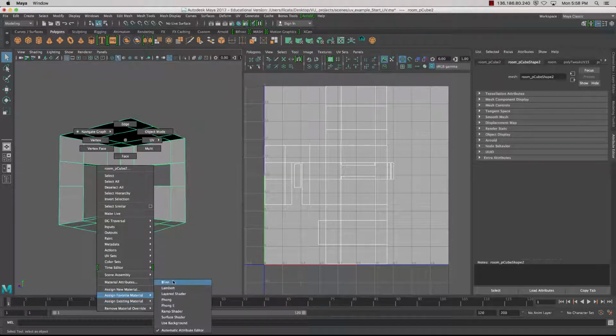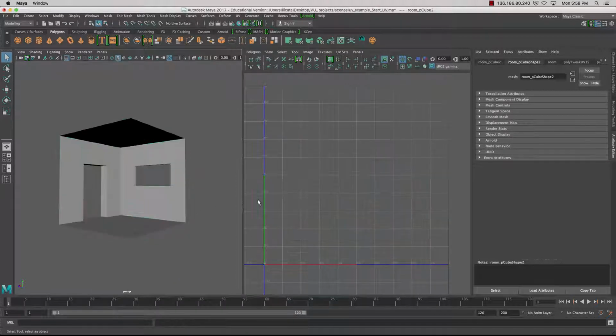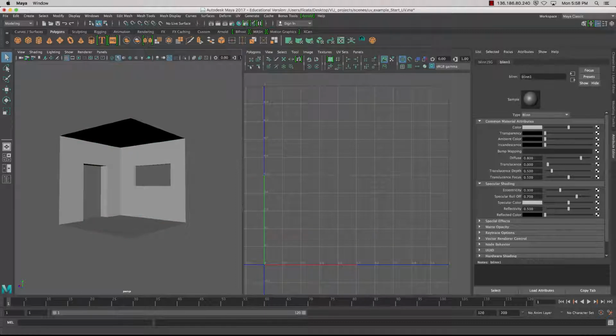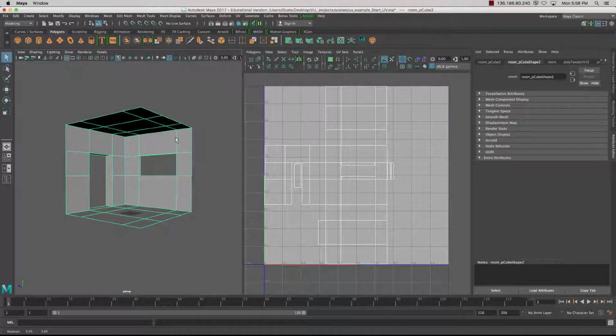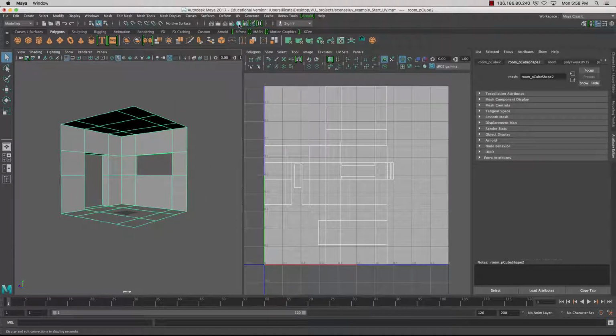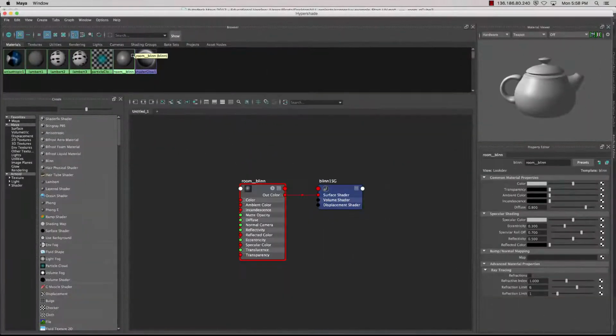So I'm just going to go favorite and go to Blinn. And so I've got a new Blinn material. This is going to be for the whole room. I could divide up each of the different parts of the room into different materials, but I'm going to be happy with just the one material in this case. So Blinn, and now I'm going to go into the hypershade and bring up that room Blinn, like so,